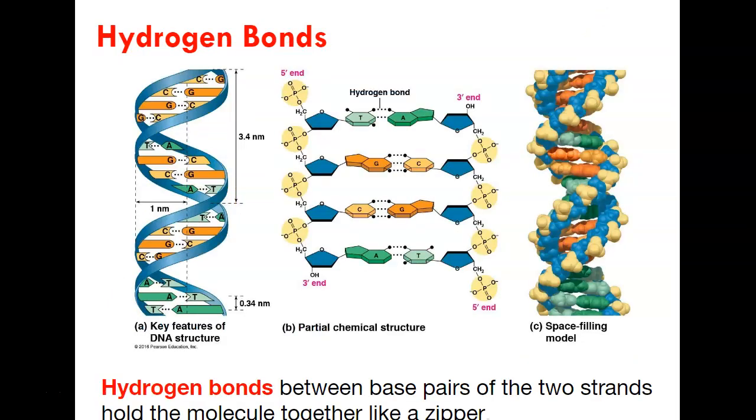So as I just mentioned, hydrogen bonds are between those base pairs, and they basically hold the 2 sides together. They're like a zipper. So when we get to the part of actually doing DNA replication, we have to break those bonds in order to pull the 2 sides of the ladder apart, so then you can replicate